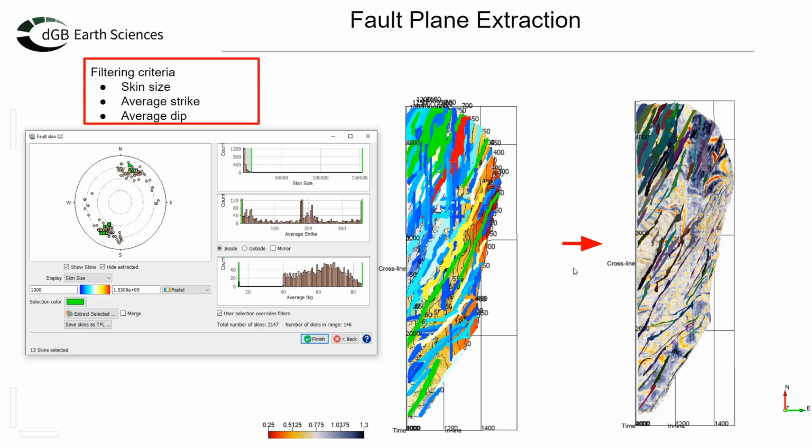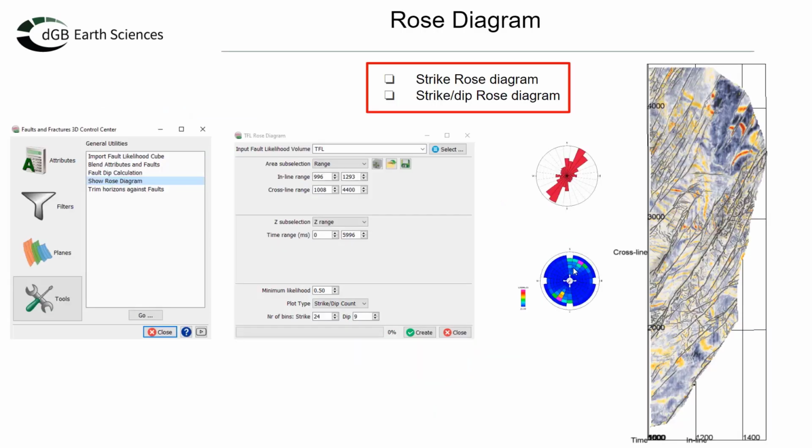We have so many tools available for you to deal with these faults. And if you want to do more analysis, to understand where they are in terms of dip and strike, you can use